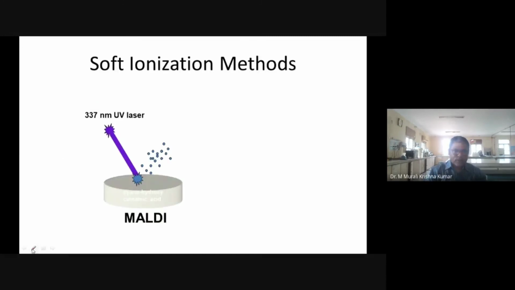And the next one is, here the advantages are, we can go up to 15 kD comfortably. Though MALDI spectroscopy is used to obtain molecular weights up to 13 kD, 30 kD, even some of the complicated proteins like immunoglobulins were also analyzed. Immunoglobulins are also analyzed by using the MALDI technique.